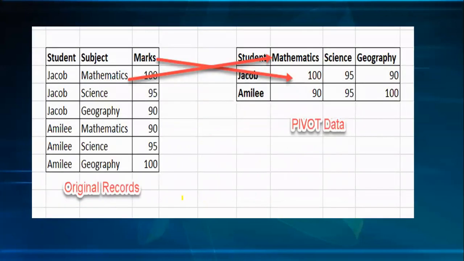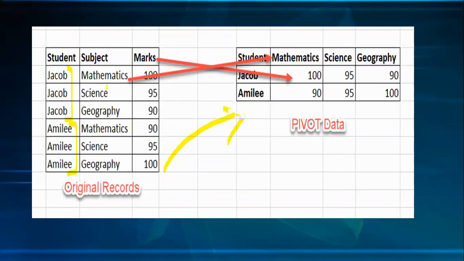See this table. This is your original table, original records. We have two students, Jacob and Emily, with subjects math, science, geography, and some marks. So this is a little bit cumbersome, a large table. After pivoting, we have another table, something like this. Student, mathematics, science, geography.